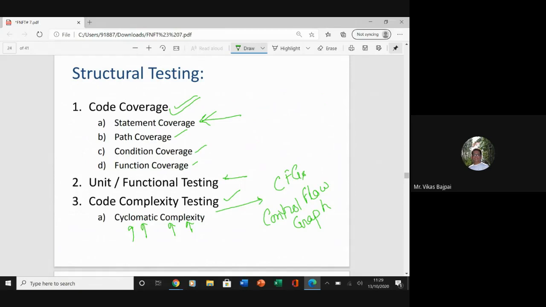This is basically a measure which describes the degree to which the source code of the program has been tested. It is one of the forms of white box testing which finds the areas of the program not exercised by a set of test cases.